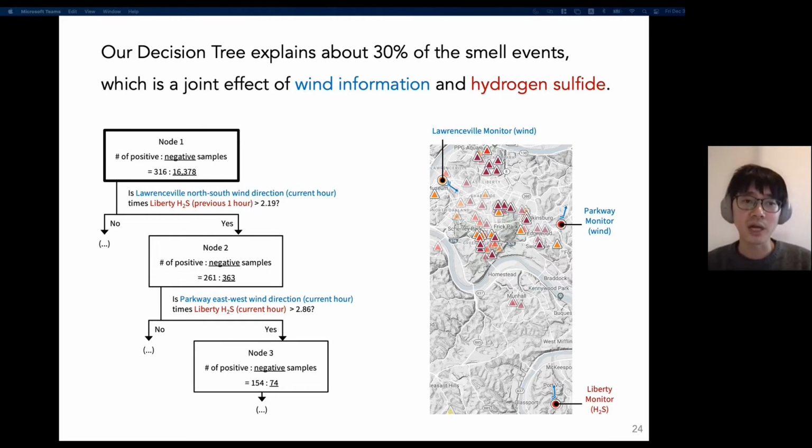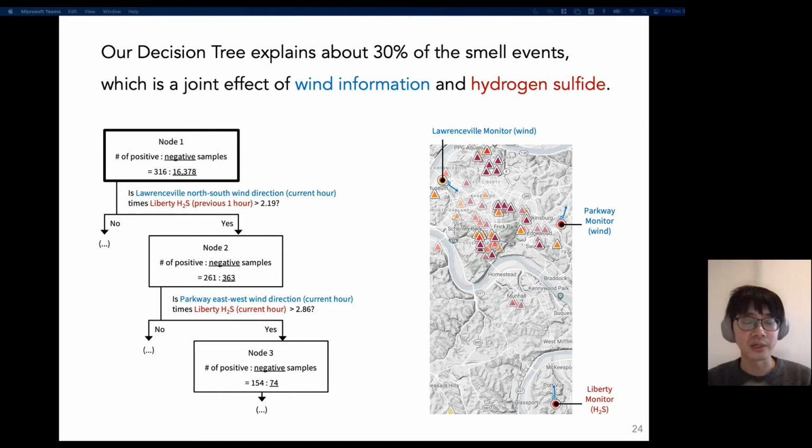In this way, I am using a model which is called a decision tree model. There's a complicated pipeline of selecting a subset, and I feed that into a model that is like a doctor explaining the diagnosis to a patient. So think about a decision tree as a doctor. The first node or the first predictor that it looks at is often the one that is the most important. And it turns out this factor is the interaction effect between the wind direction and the pollution sources emissions. So it tells us the local pollution patterns in this region, and it tells us, oh, a large collection of the smell reports come from this pattern. So in this way, I try to explain